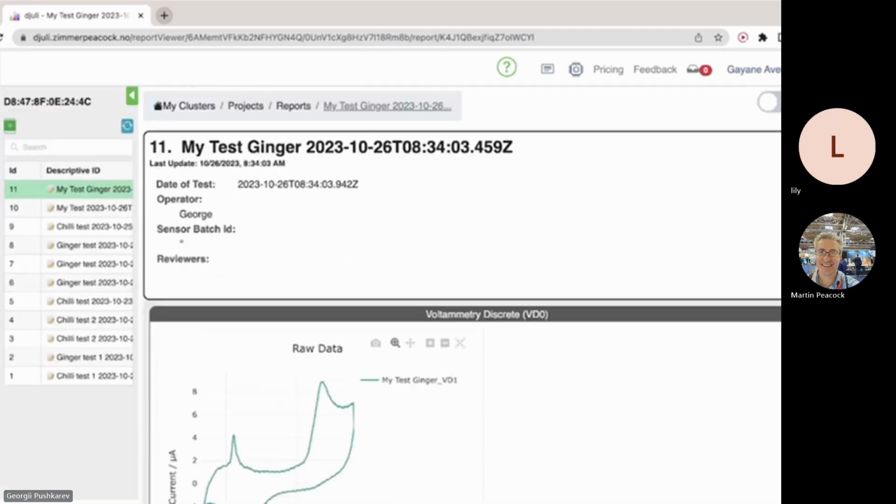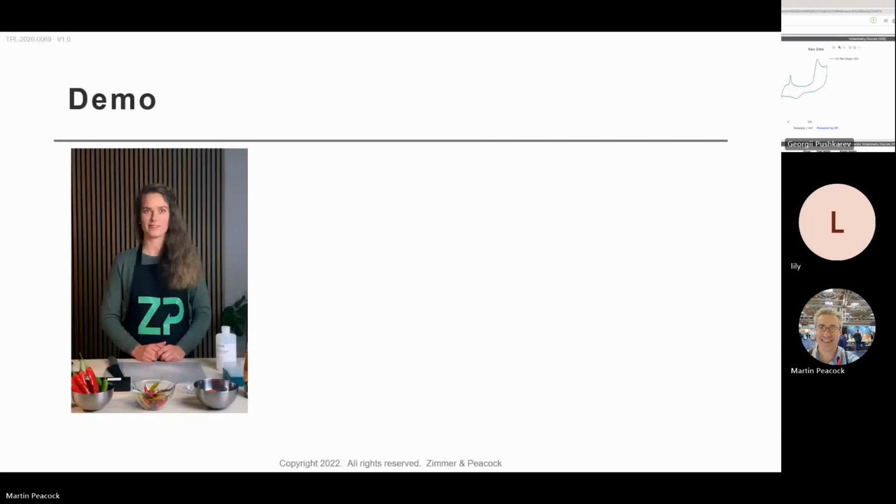You might think that the curves look fairly similar between the capsaicin and the ginger, but we do apply different settings. It is in a different range, so the curves are quite different from one another. So Great. That's why, so let me, we need to scan the QR codes. Yeah. Let me